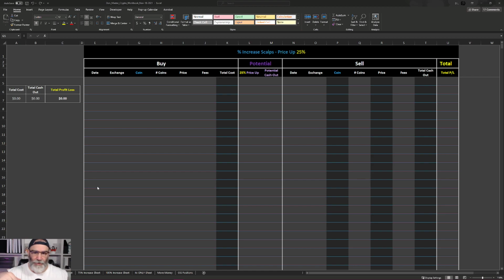Second one, 50%, same thing. Now it's $1.50. Let's say I invest in a coin and I want a 75% increase. It's $1.75 today. The 75% increase, 75 cents on the dollar. It went up that in price action. The price moved. Boom, I'm selling. Same with the 100%. That means the coin basically doubled its price. I'm immediately in. The price increase hits. I'm out. I'm taking the profits and moving them around to go do other things,